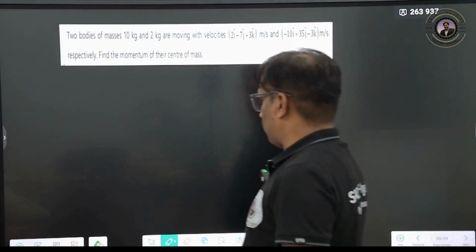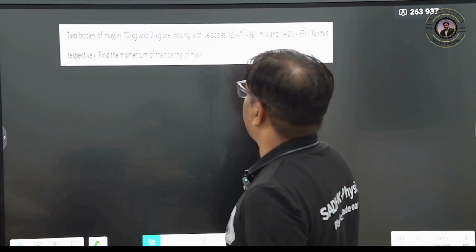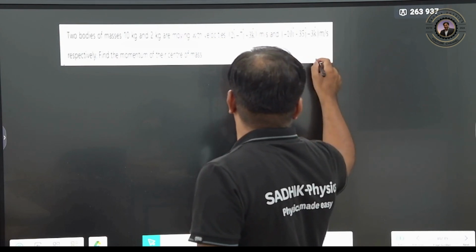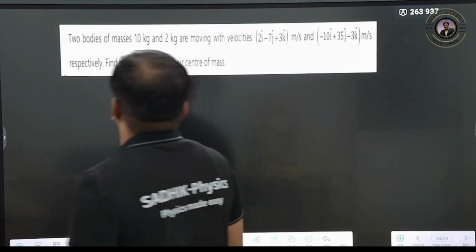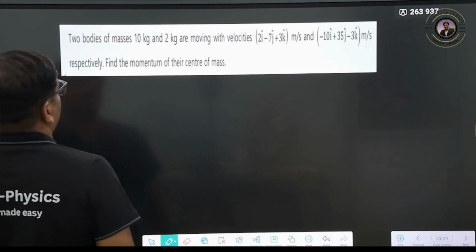Now here, there are two bodies, right? So we'll see one more question here now. Find the momentum now, right? Very simple one now. Right. So two bodies are there, 10 and 2, moving with these velocities, and find the momentum of the